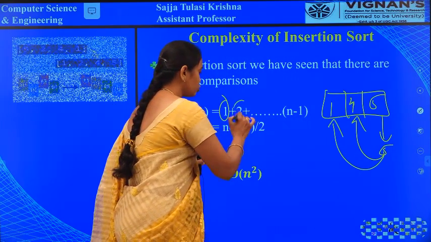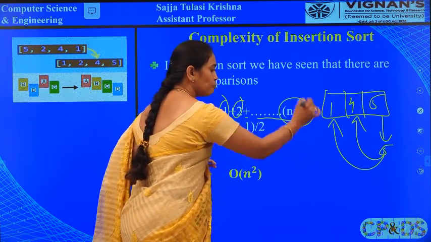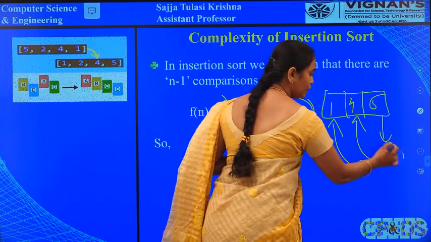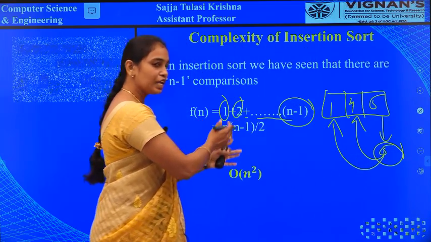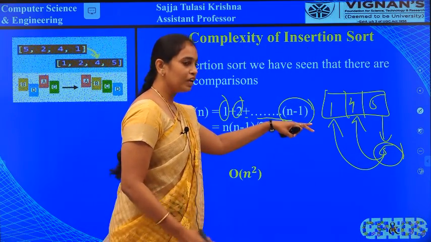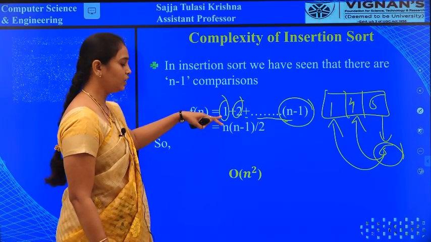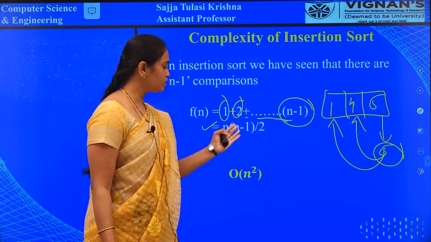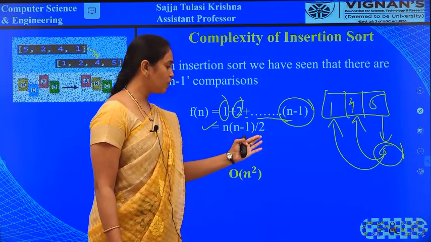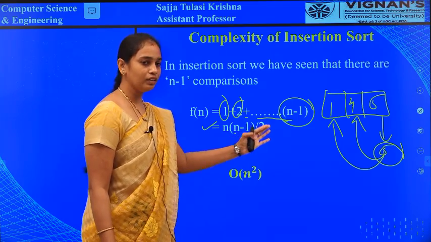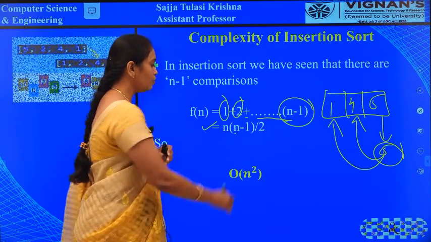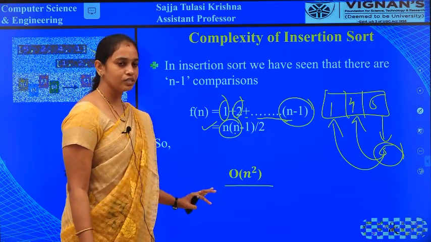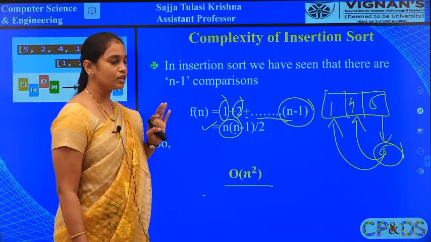Okay. Next, 2. Likewise it compares with n minus 1 elements in the array because one value is picked out. Remaining n minus 1 elements. Up to n minus 1 elements we have to compare in the list. So again the formula for this function is n into (n minus 1) plus (n minus 1) by 2. So now it is converted into n square. So big O of n square is the complexity for the insertion sort.